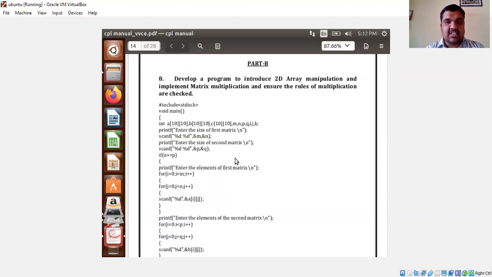If that condition is true, then only can we perform the matrix multiplication. Otherwise it cannot be performed. Now let us go with the program, how it works.